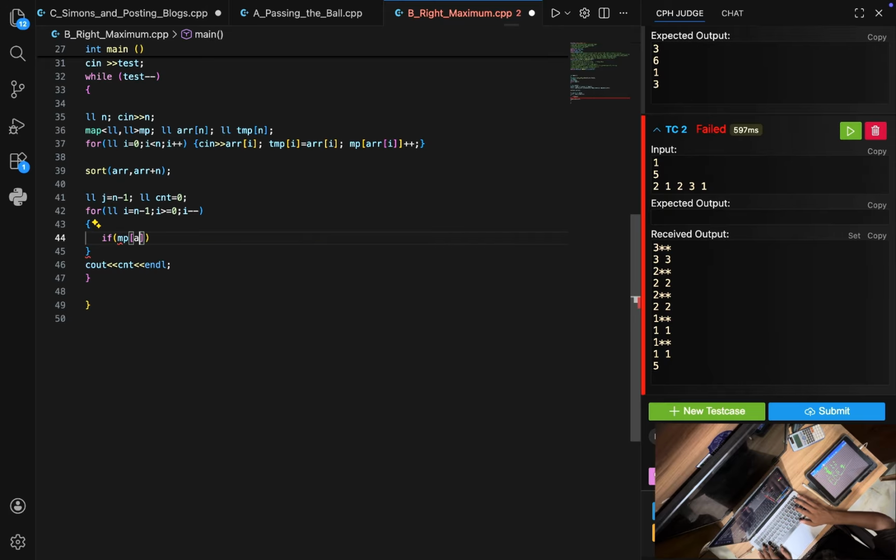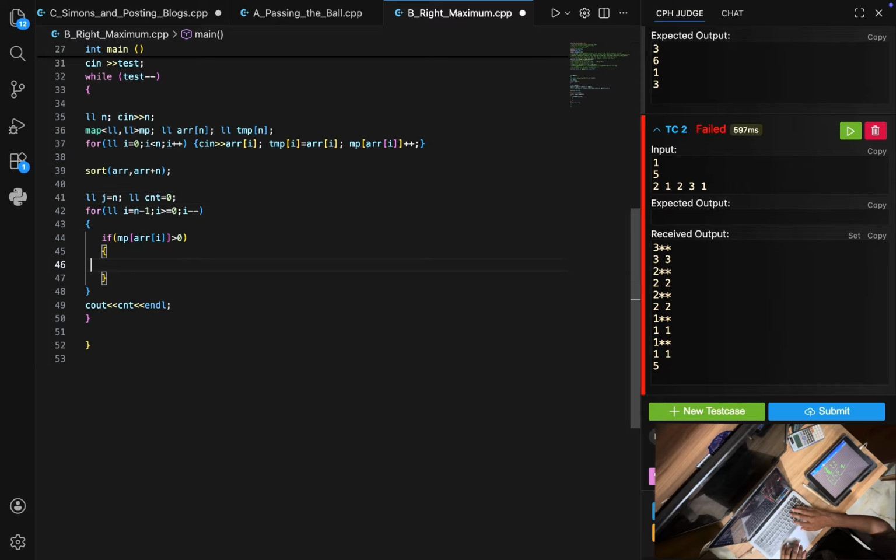If arr of i is greater than 0, then I'll just remove the current value I'm on. Or should I remove the current value? I'll do j minus minus, and yeah, j minus minus once. Then while